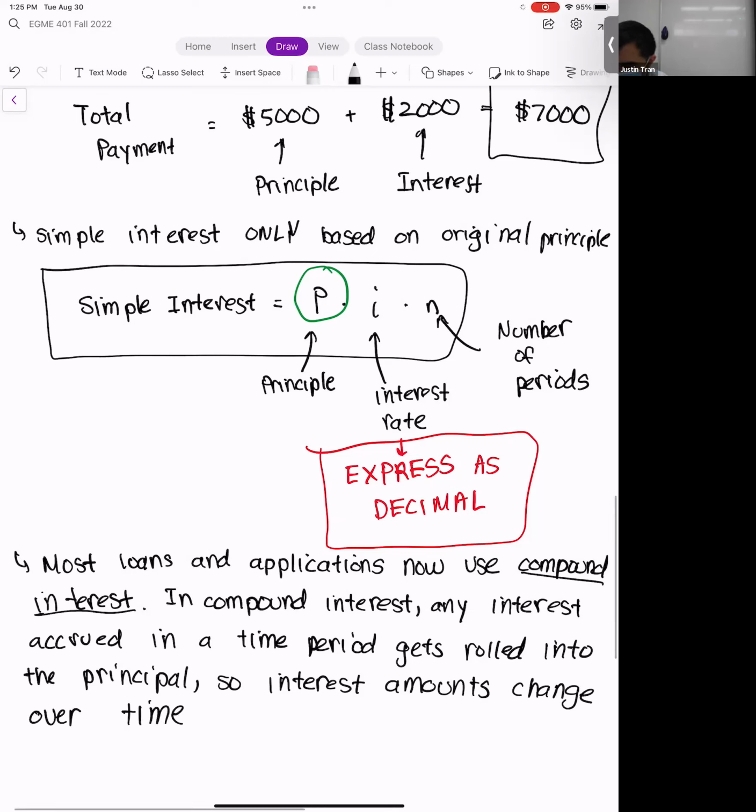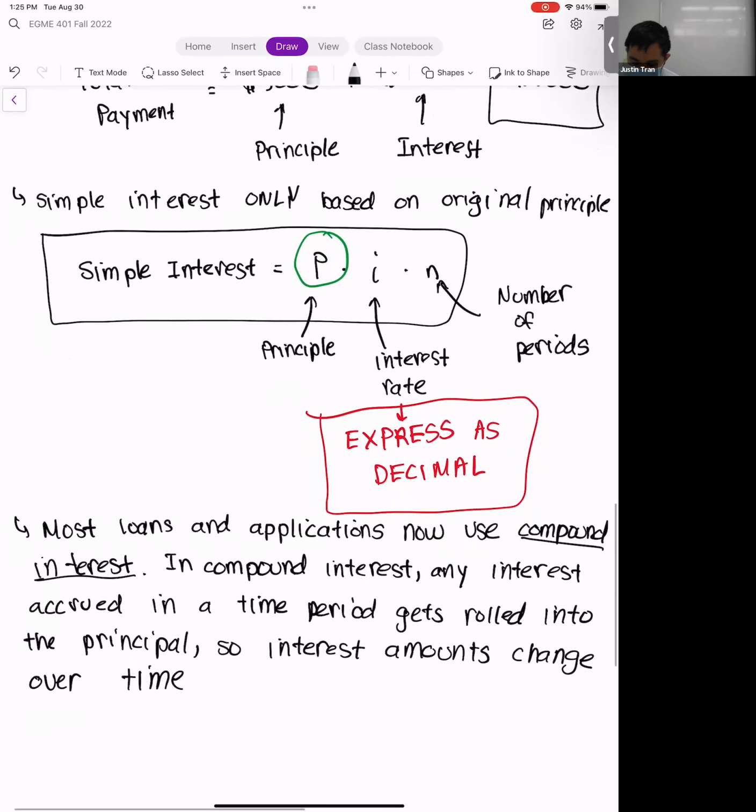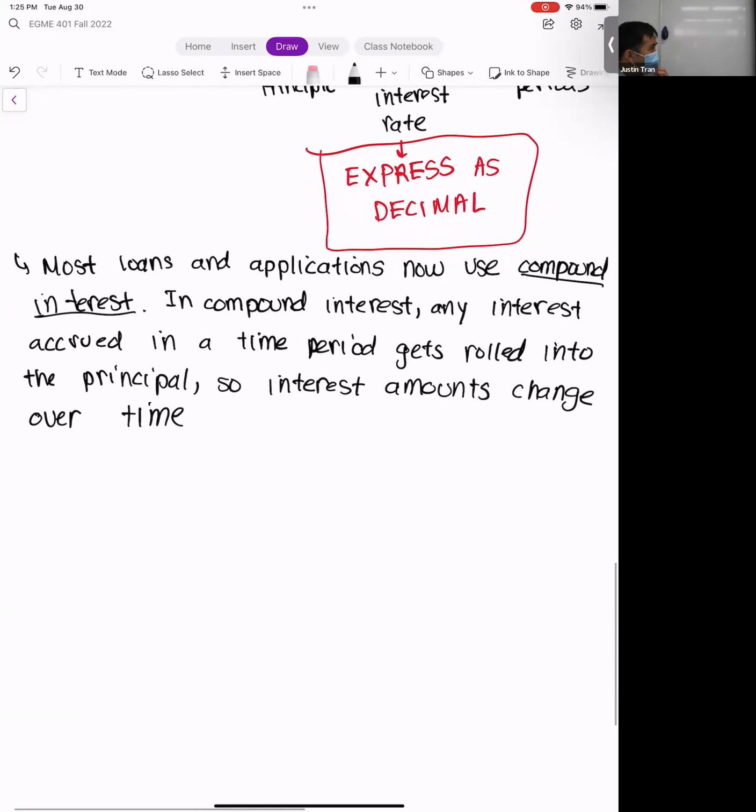And so since the principal amount is changing each time, right? In this particular example, we're doing a simple loan. For each year that the loan is out there, the principal is getting bigger, because the lender, which is you in this case, is charging interest to use that money, and then that extra money that you're charging them gets rolled into the principal, right? And so now, the next time period or the next year, the amount of interest is going to increase because your principal is going to increase. And so for loans, of course, this benefits the lender, because then they can charge you more money to use the money.